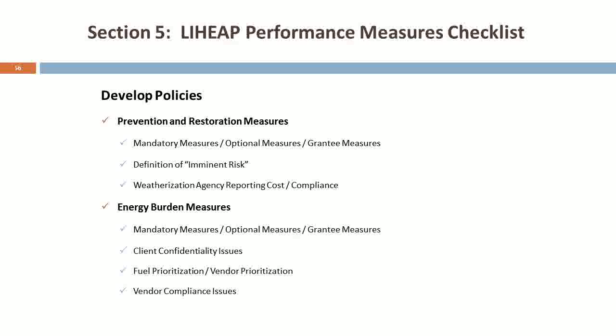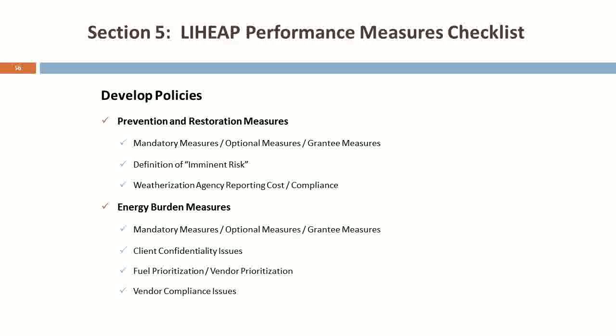The other is grantee measures. Nicholas gave an example earlier on that in Wisconsin and in other states, adding in ratepayer funds into this model that we're proposing gives you a much broader view of the work you're doing. Even though it's not required to report to OCS, some of you may say, we want to measure that. In Arizona, we talked about the water, right? Even though it's not a required measurement to OCS, it's giving them a better picture of what their clients are looking at in terms of energy burden, and it may be something that's proposed to OCS for future collection. So when you make policies, you're not only deciding what optional measures you want to choose that we've set out, but what additional measures might be helpful for you.